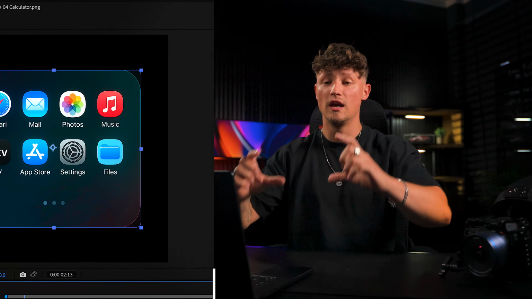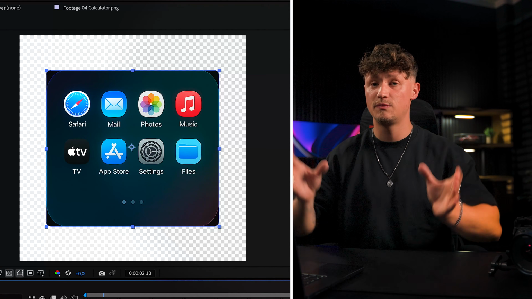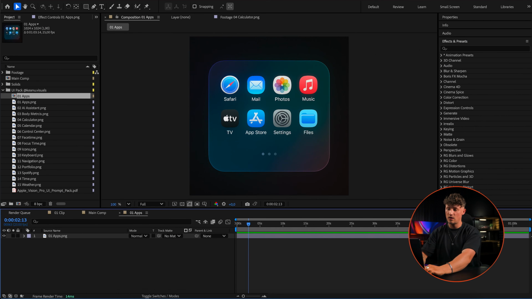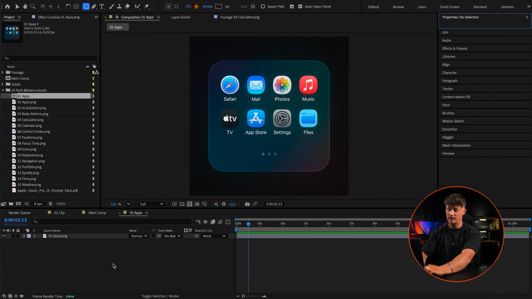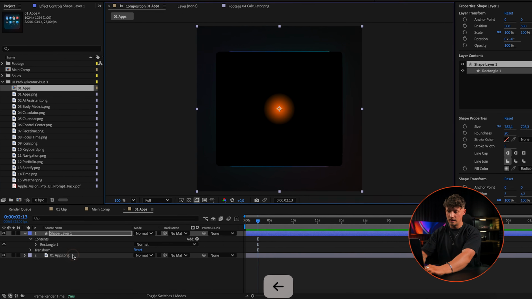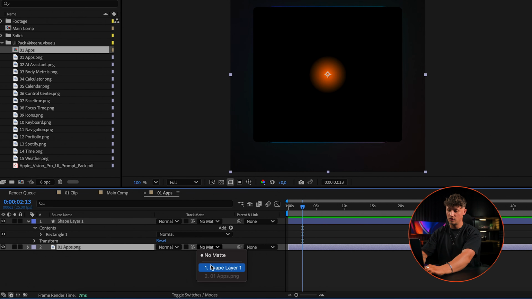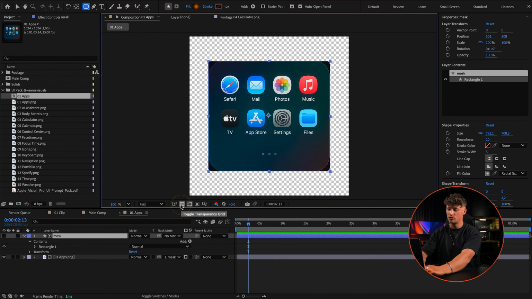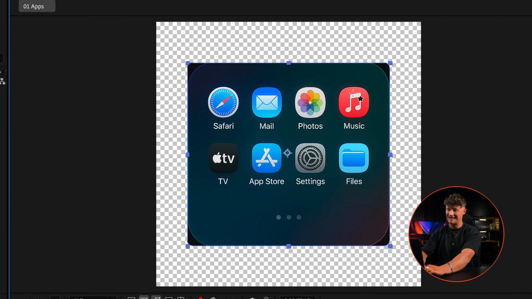And also for the glassy effect, it's really important that we cut that out, that we have a shape with a transparent background and with just the shape. So the way I do it here now is I'm actually selecting the rounded rectangle tool, and now I'm trying to drag it as close as possible to the shape size below. Now I can slightly adjust it, and here on the apps layer on the PNG, I'm just using the shape layer as a mask. Call this one mask. And now you can see here when we turn on transparency, now it actually gets cut out pretty smooth.